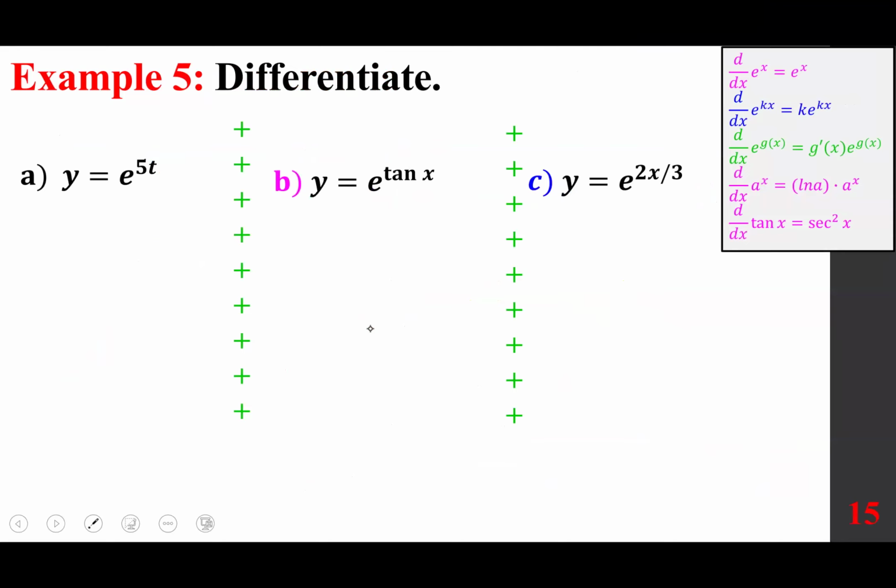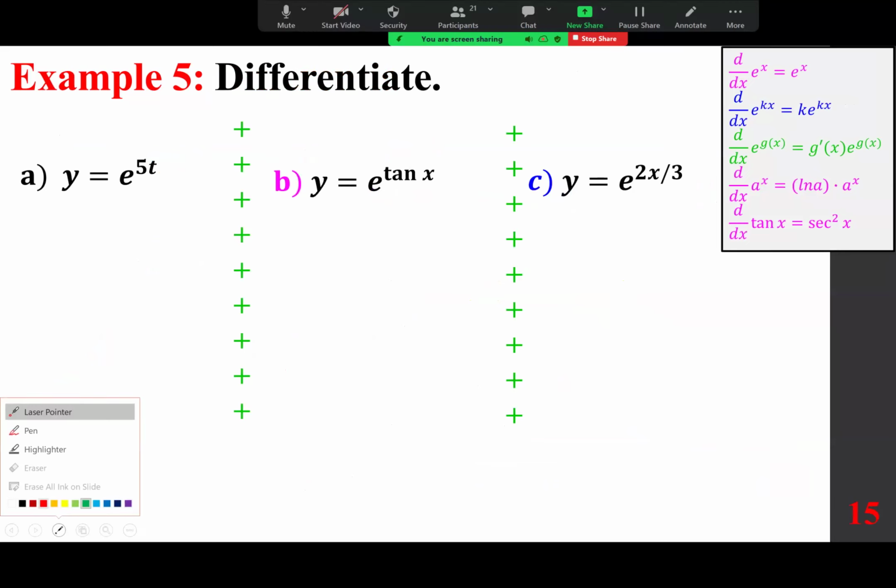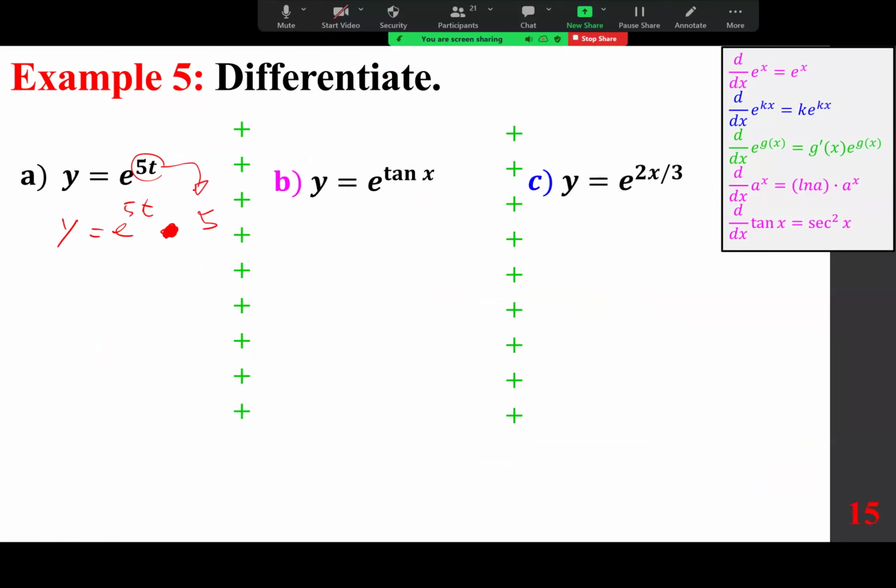All of these are exponential functions. And as we explained for the exponential functions, first you just write what you see. Anytime you're dealing with the exponential function and you want to differentiate, just write that. Based on the chain rule, you need the derivative of the exponent, and you put the 5 in front. In essence, you're using this, or you can say this one. Part B,